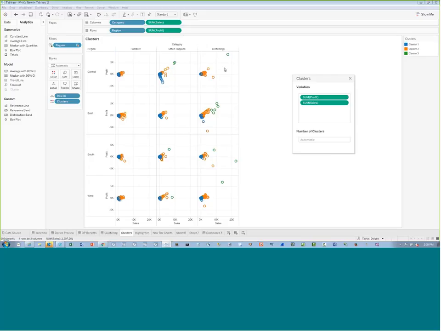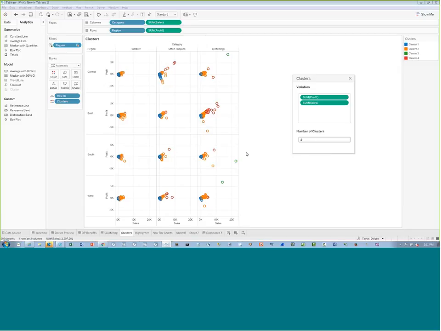And right now, Tableau determined, based on the data that I'm using, that 3 clusters is an appropriate amount by default. The algorithm used to determine that we won't get into, but there is some logic used to do that. However, the number of clusters that are created, you can change it. You can see in the window that appears here, there is an opportunity for me to determine how many clusters Tableau creates. If I add a 4 and I press Enter, then Tableau adds an additional